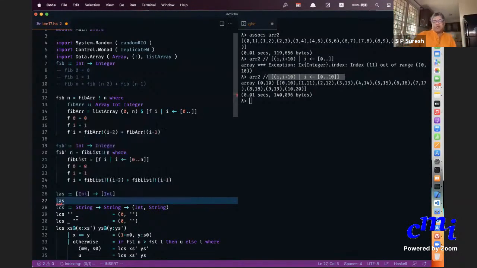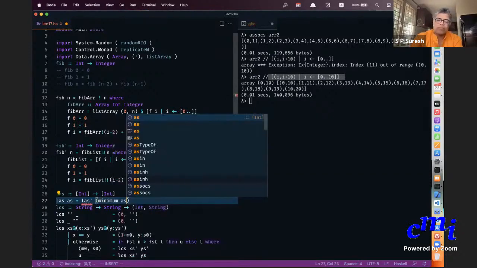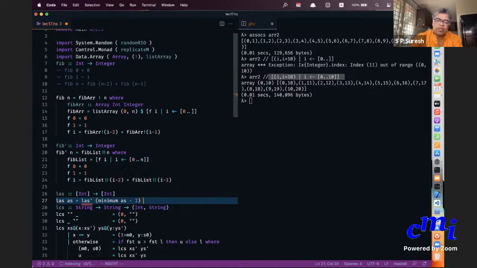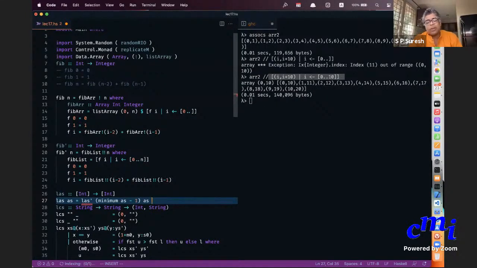So first of all, let's try to develop this program. Longest ascending subsequence consisting of the values a's. That is my original list, let us say. I'll do a minor hack. I'll do LAS prime of... Why do I do this?